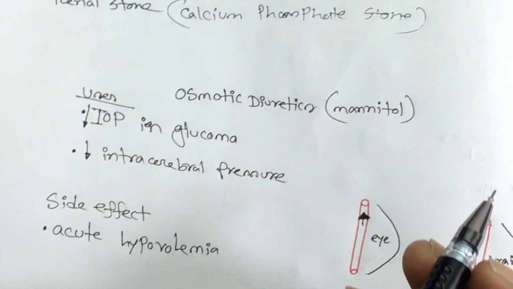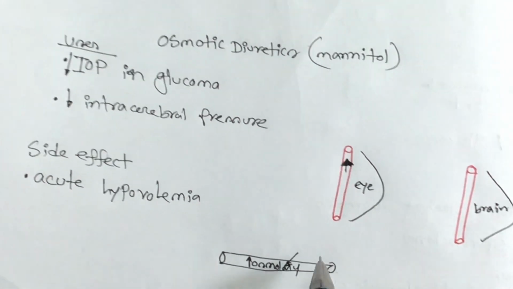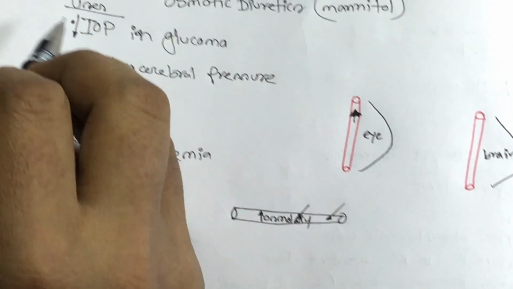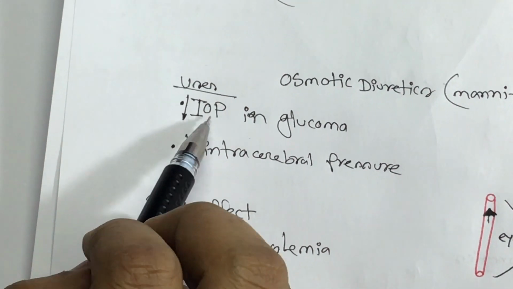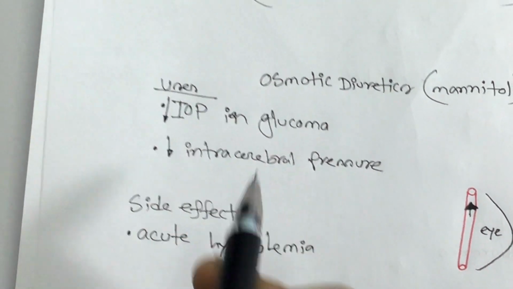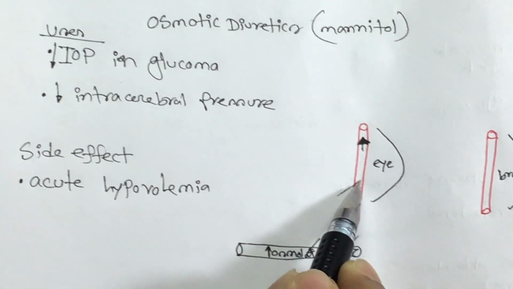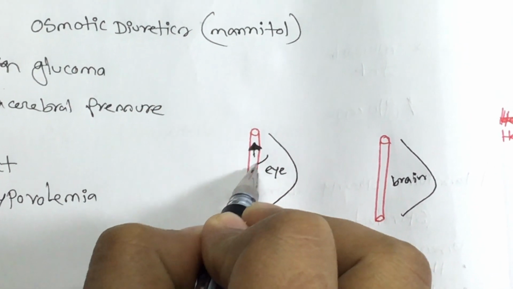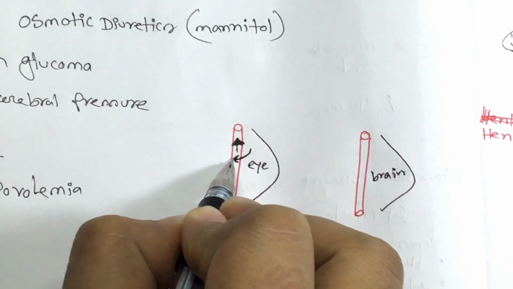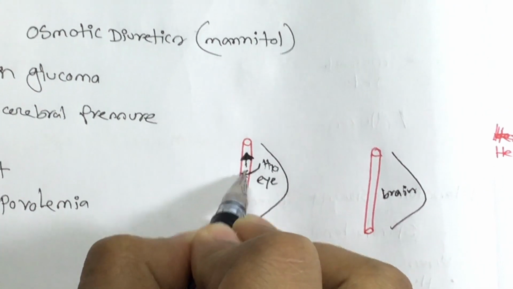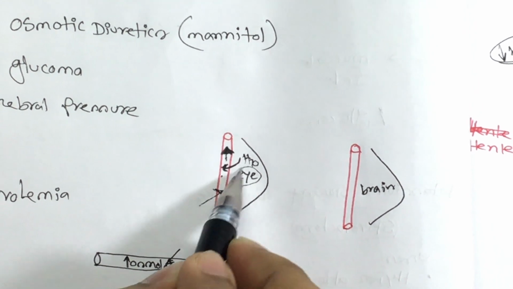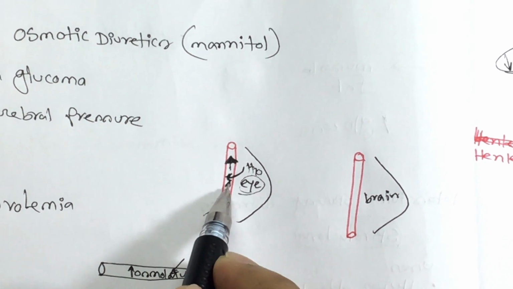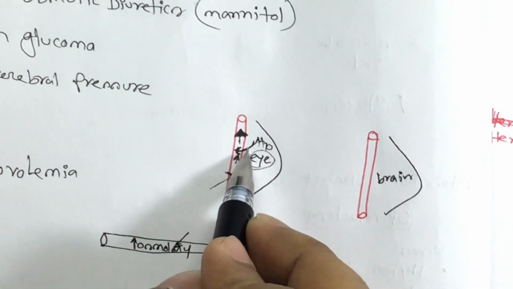Osmotic diuretics like mannitol: if we inject the mannitol intravenously, it will increase the blood osmolarity. So the use of this is to decrease intraocular pressure in glaucoma patients. If we inject this into our blood circulation, osmolarity will increase, that will flow the water into the blood circulation. If this is our eye tissue, and after using this mannitol, blood osmolarity will be increased. So this increased osmolarity